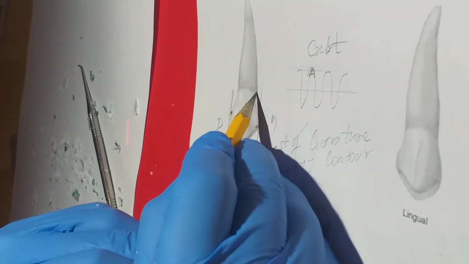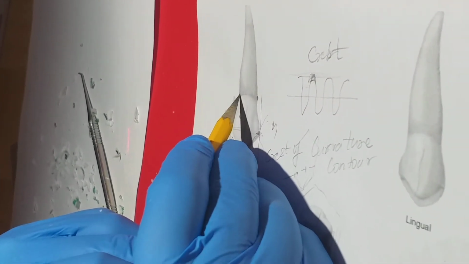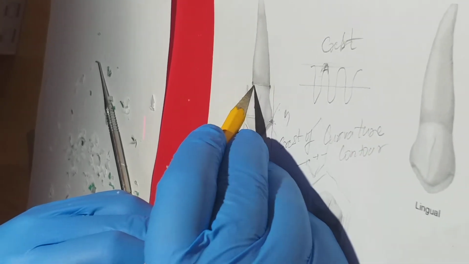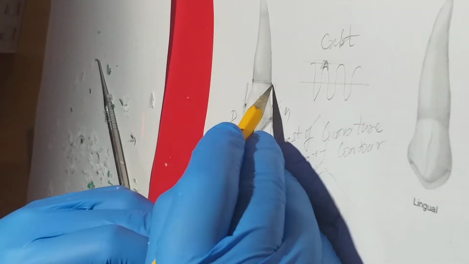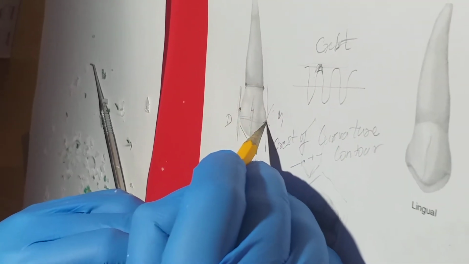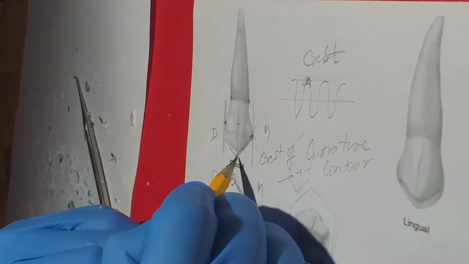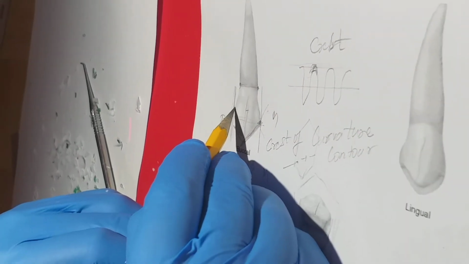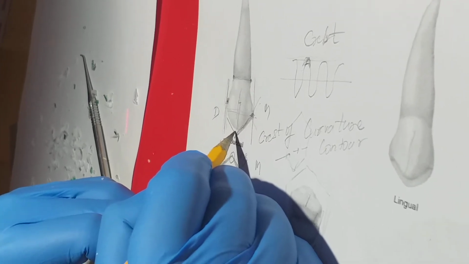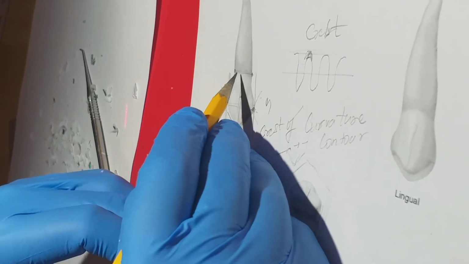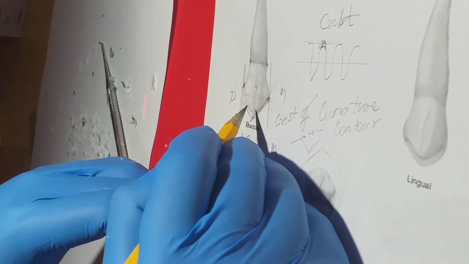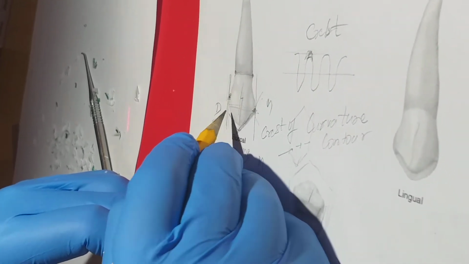The first one would be the mesial and distal diameter of the crown at the cervix. This is the cervical line. So we need this dimension. Next we need is the mesial crest of contour, distal crest of contour, and the buccal cusp tip. If we join all these things, we will get an outline, the outline from the buccal aspect.